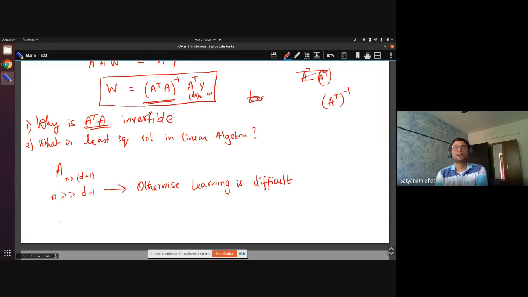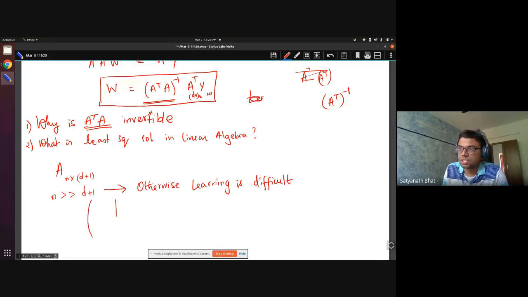Let us say, for a simple problem, I will do 100 measurements and I will give you only 2 training samples. Okay, so that's not possible to really learn anything, right? So I need to have multiple training samples, and the number of features also cannot be too large. That is when I can do something. Otherwise, this is not possible. So this is the point number 1. So what you have, A, is actually what is called a tall system.